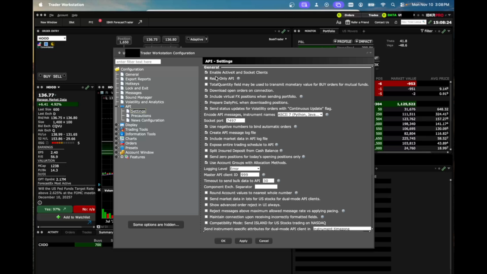Second, we're going to want to confirm that Read-Only API is unchecked. This grants TradePilot the necessary permission to execute trades according to our strategies. Third, you're going to want to note your socket port and also your master client ID. A quick note is generally for the socket port, if you're not using paper trading, 7497 should work. And if you are using paper trading or a paper trading account, try using